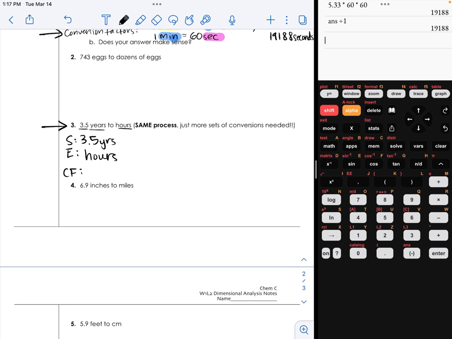Conversion factors. Well, you're already thinking, I know how many days are in a year. 1 year equals 365 days. And I know that in 1 day, I can get to hours by saying 1 day equals 24 hours. Okay, now I have